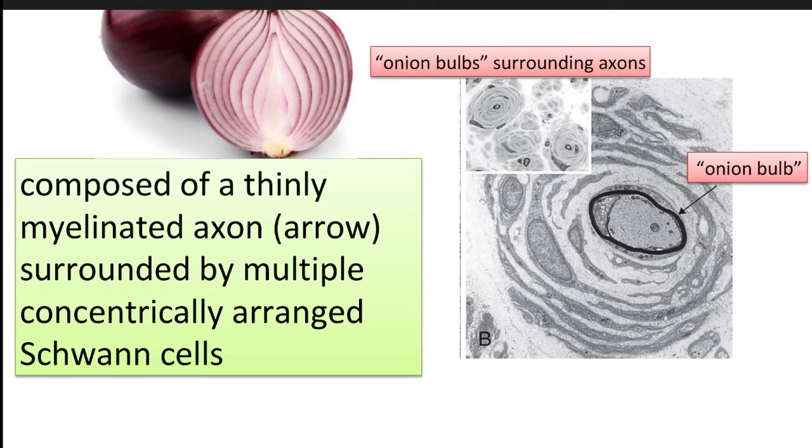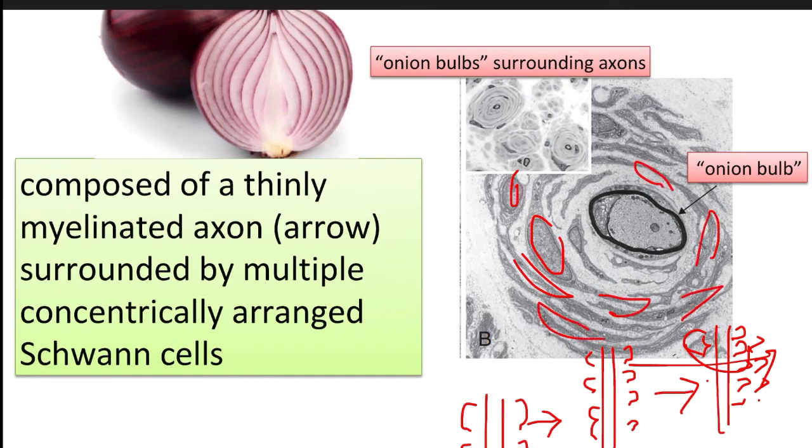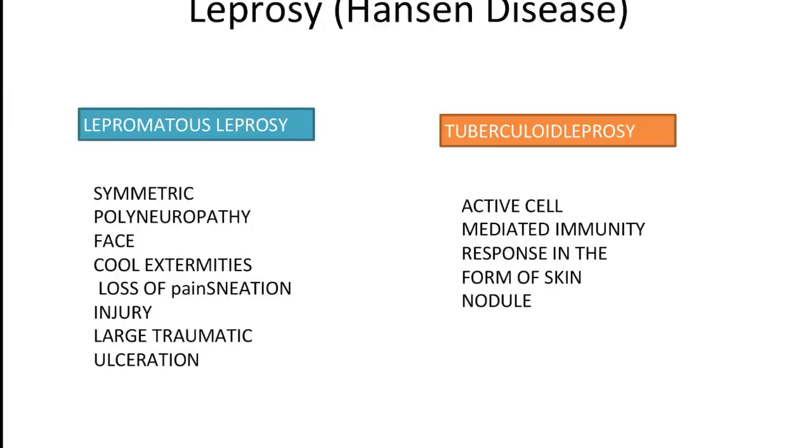So what happens exactly is that when there is an axon with myelination, in the first injury these axons will be myelinated by shorter and shorter myelin segments. In the next injury again there is a remyelination, again shorter and shorter, and around that there is again myelination, so it is randomly arranged. If you cut like this, more and more myelination can occur, instead of single cell myelination as in the previous figure, so that this onion bulb can be seen.